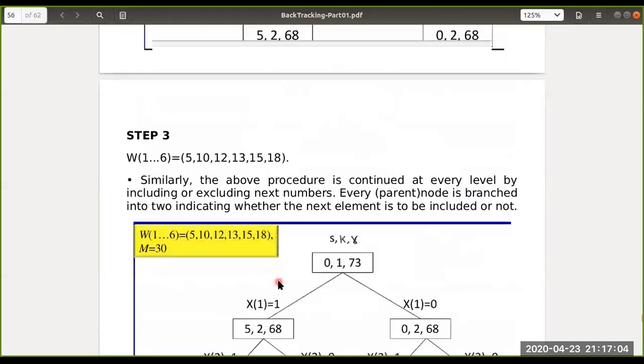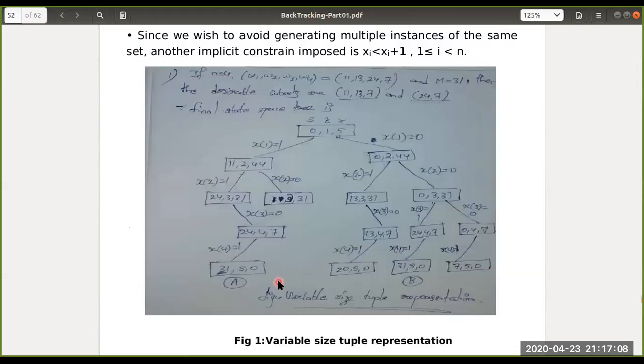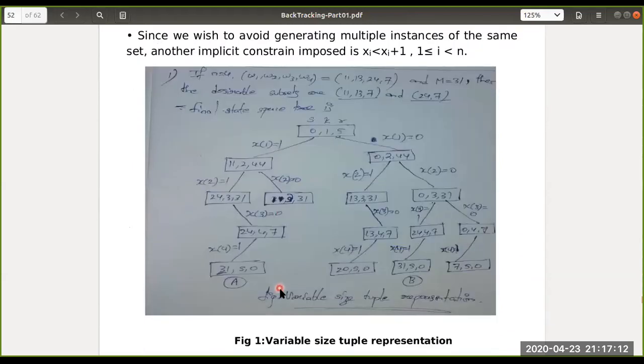The same thing can be constructed for this problem also. The first problem I told, how we constructed the variable size tuples as represented for the first problem. So for the first problem also the same procedure is applicable, by constructing the state space tree by taking S, K, R. Here also same thing. Here S will be 0 and in the first iteration R